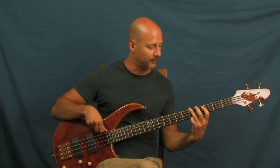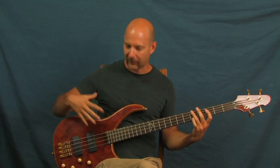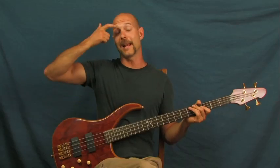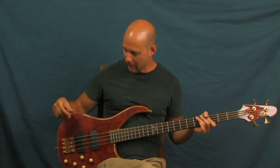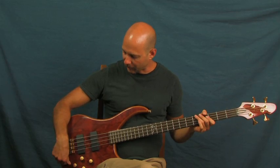To make my bass sound more vintagey. This is a very modern bass I have here. This is a PV Cirrus. I should probably actually do a whole other tutorial on the different sounds that you can get out of this bass. But anyway, just to show you, basses have all different kinds of configurations. I think I mentioned this before in another lesson, but what you do is, see, if I was to keep my normal sound up in here,